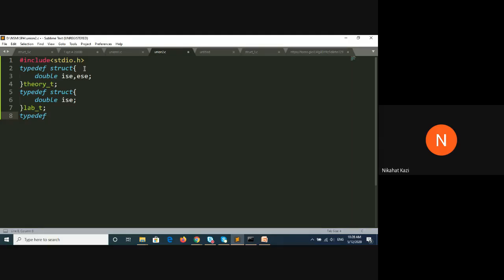Okay, the marks. Now, for this union, what we will do is we will create a union now. That union will have a variable of both theory type as well as lab type.